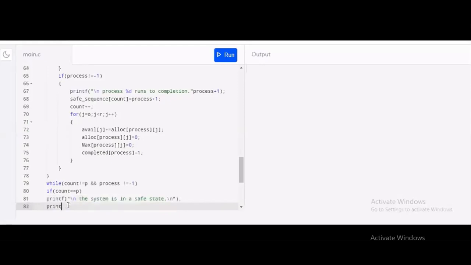Now to print the safe sequence, I will write printf safe sequence.